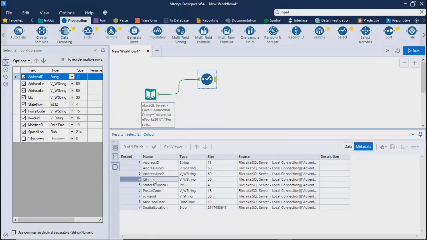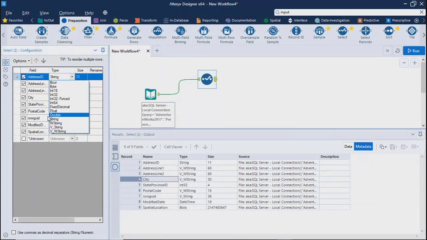Now, if I talk about the data type over here, your string behaves as a char, which means you specify the number of characters. Whatever number you give, it will block that space. If the value is shorter, it will still block that space and not use it. W string works as nchar, so nchar but fixed, because the string is fixed, this is also fixed, but with Unicode.